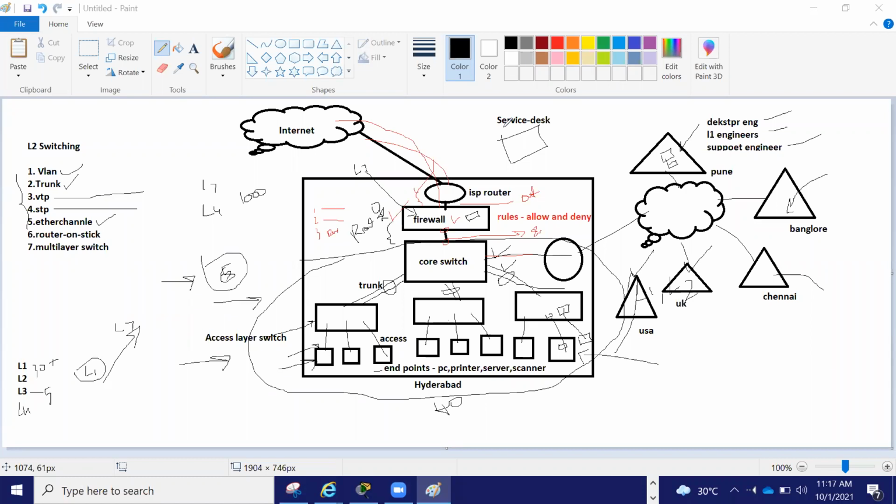Okay, so that's one thing. Let's move on. Now one more question. Can someone, let me see who is intelligent here, look here and tell me what is the disadvantage here? Just forget about this one. Just look at this office, where you have access switches, core switch, firewall, ISP. What is the drawback you're seeing? Let me see who understands well.